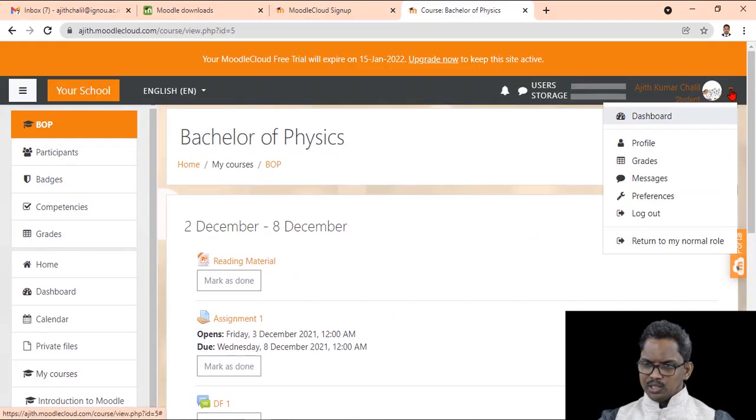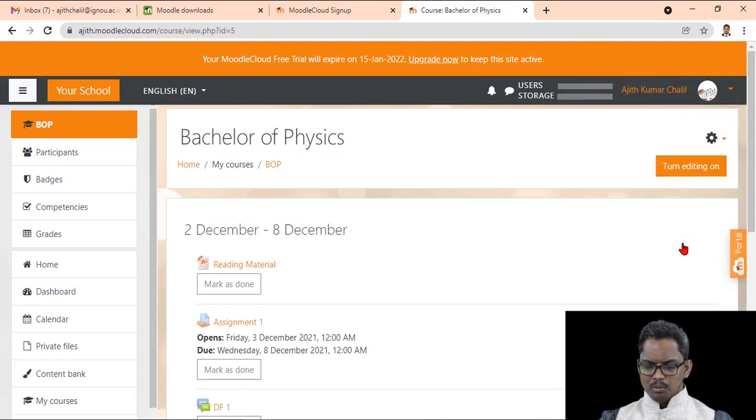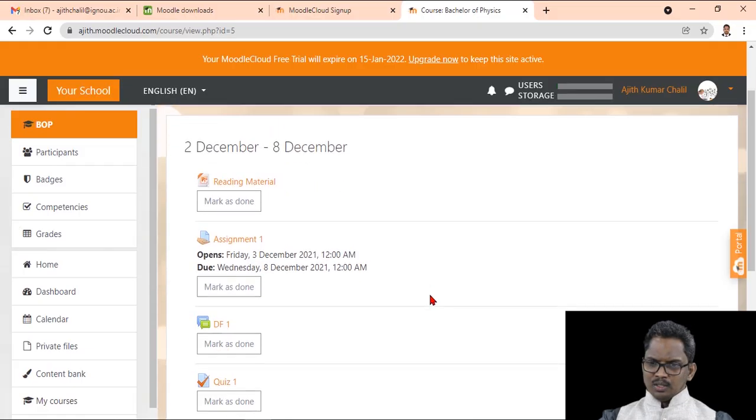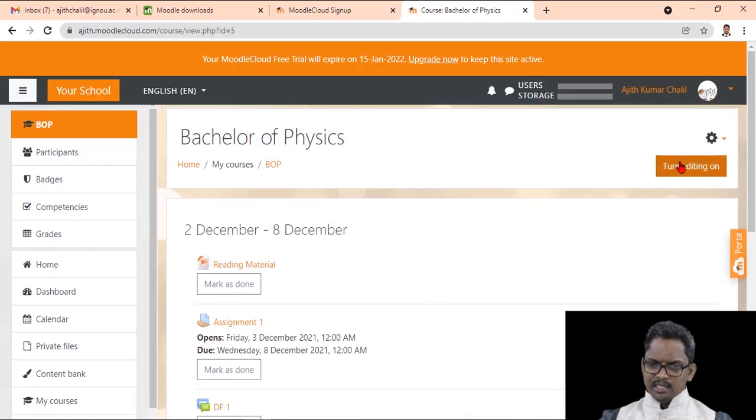Again, I'll come to the teacher role. For that, I'll click on this small triangle, return to my normal role. So friends, now again we are in the course page. If you want to make changes, as I said, you have to click on turn editing on. So friends, this is how the Moodle account is created. A new course is created in the Moodle platform, and this is how the teaching learning resources and activities are added